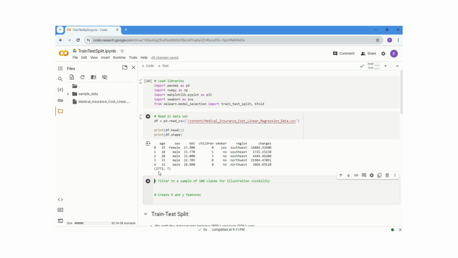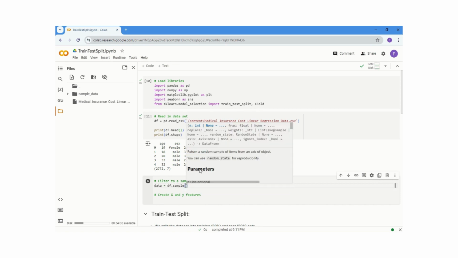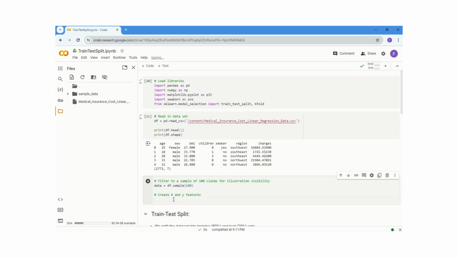And because we have a large sample here, and all I really want to do is show you what kind of impact the train test split methods have on the data points, I'm going to reduce this data set. So I'm going to just take a sample of this 2,772 rows. To do that, we're going to call data equal to df.sample, and we'll take a sample of, let's say, 100, and we're going to create our X features,